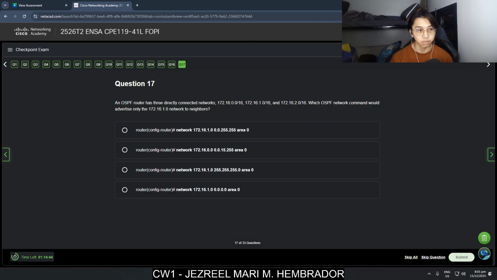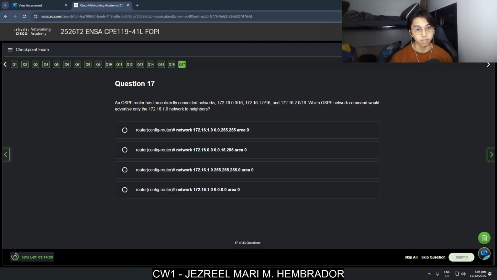An OSPF router has three directly connected networks: 172.16.0.0/16, 172.16.1.0/16, and 172.16.2.0/16.